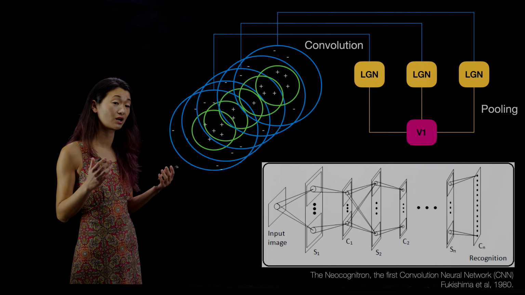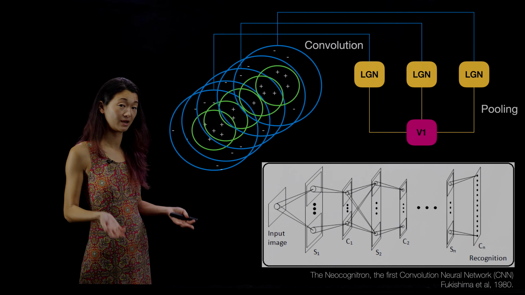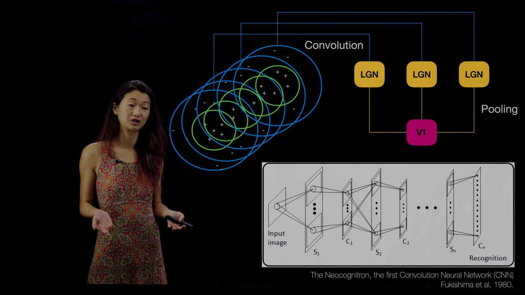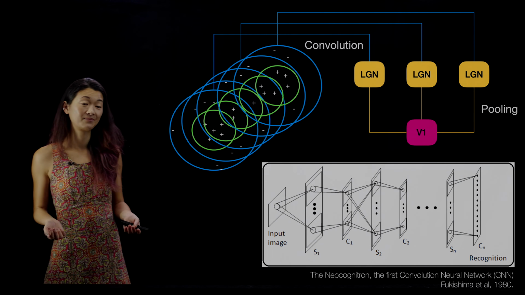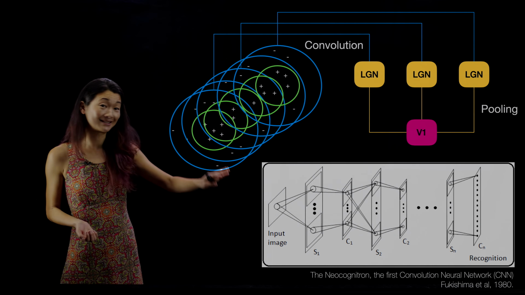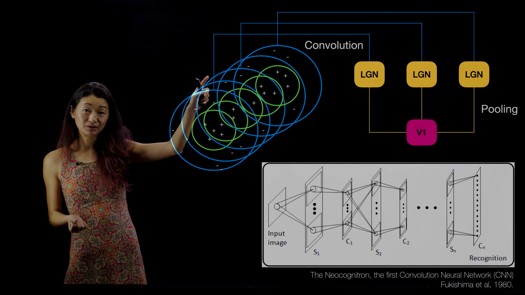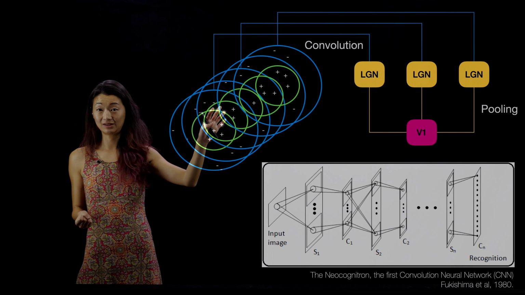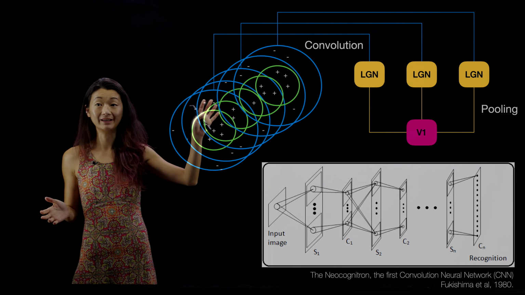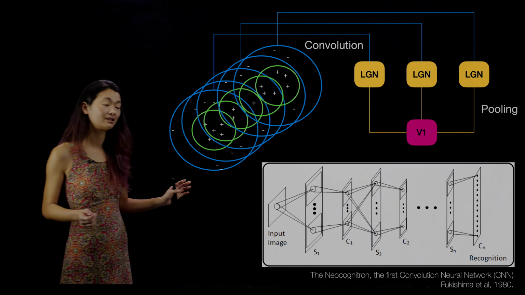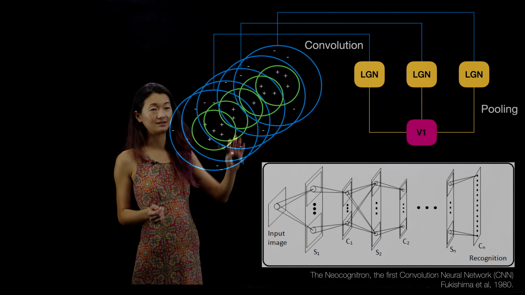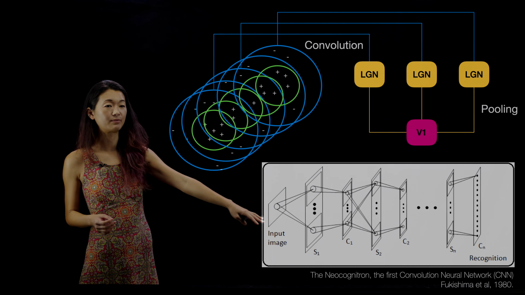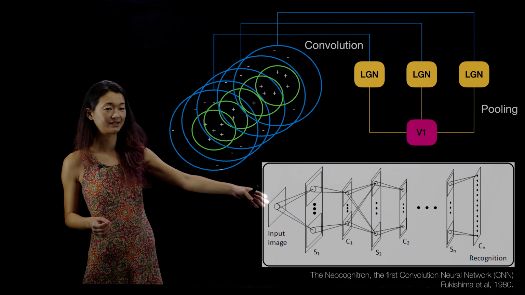This is a neocognitron, a figure from the first paper to report a true modern convolutional neural network. It's from Fukushima and colleagues, published in 1980. This is not an accident here. This is a convolutional neural network, and the first convolutional neural network was inspired by the organization of the mammalian V1 system. You can even see it in this architecture here when you have a convolution followed by pooling. In the first neocognitron paper, you can see that these layers that are stacked together, S and C,